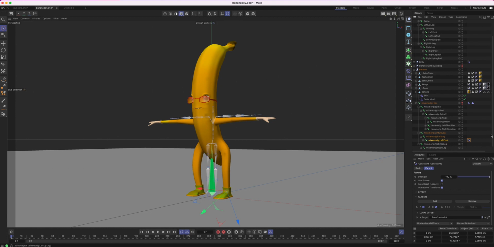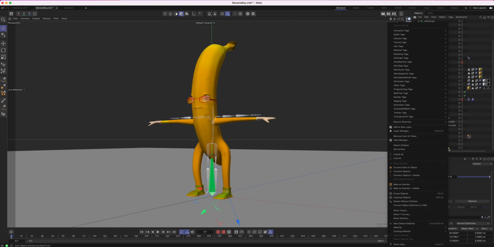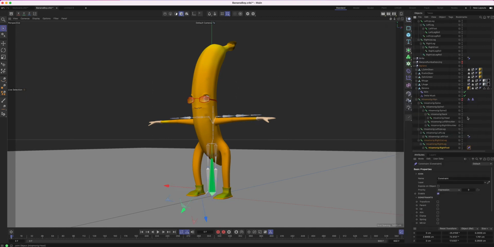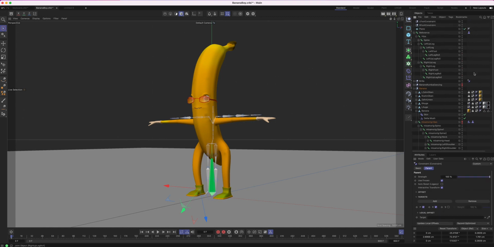foot. There it is. I give it a rigging tag, constraint, bam. I say this should be parent, and I give him a right foot constraint. Now